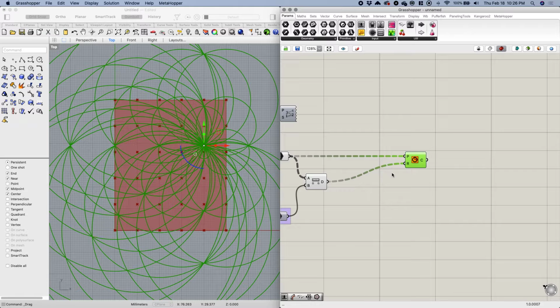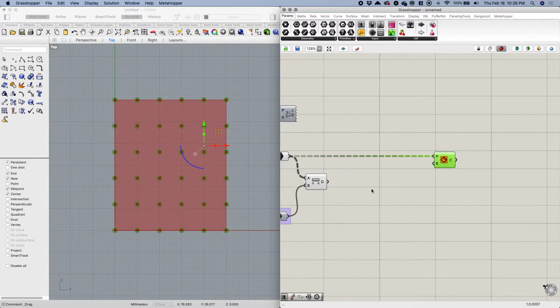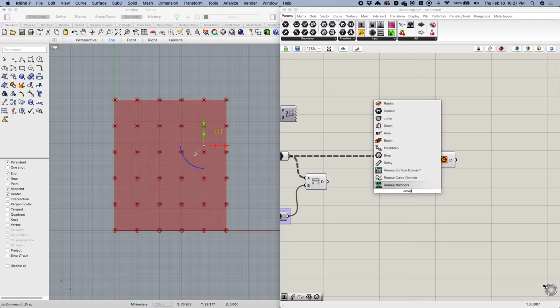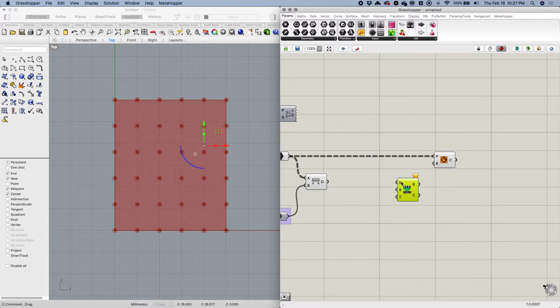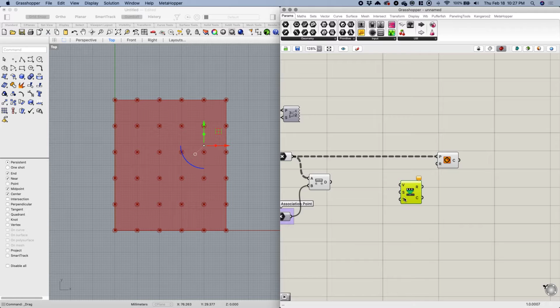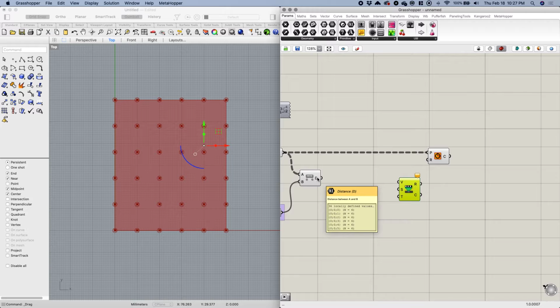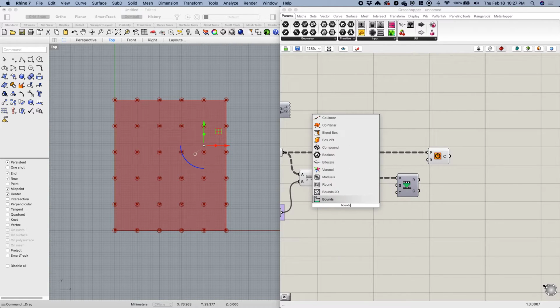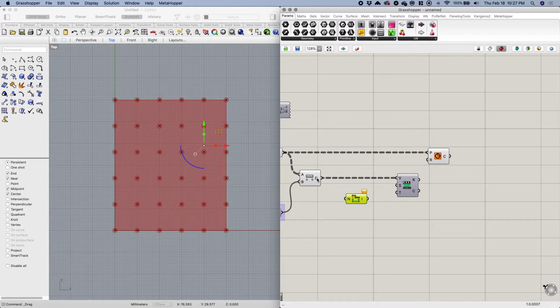There's a component that will help with that called Remap Numbers. This component takes as input the value I want to remap, a source domain, and a target domain. The source domain is 0 to 1 and the target is 0 to 1 to start, but I actually need to create a different domain. So what I need to do is take my distance values and plug those into the value input, because that's what I want to remap, and then I need to calculate the bounds of my numbers. So my lengths